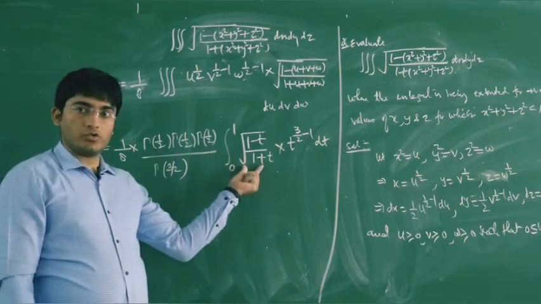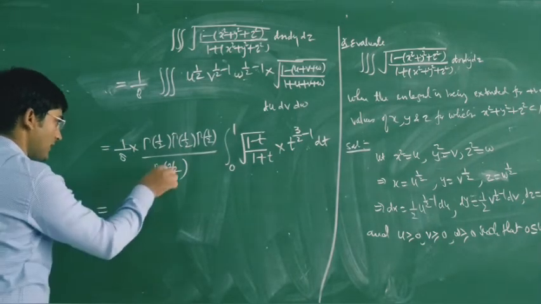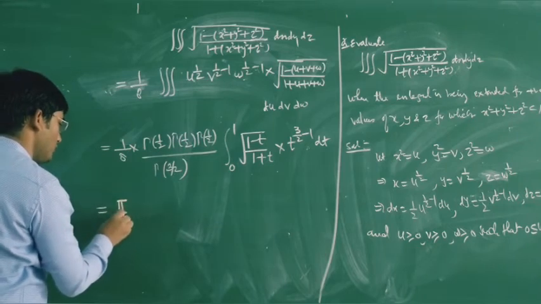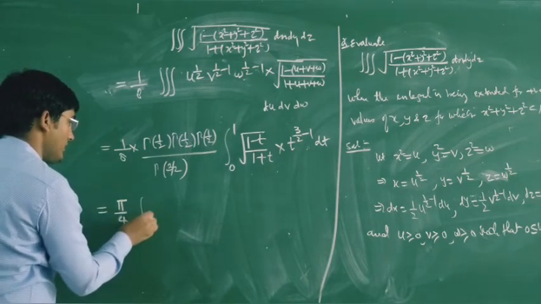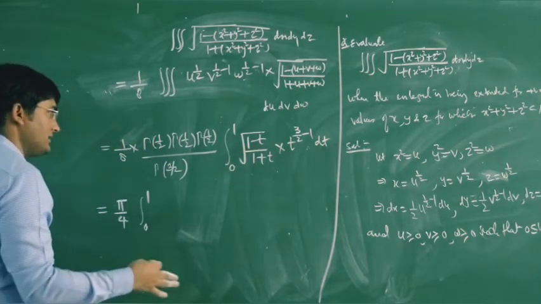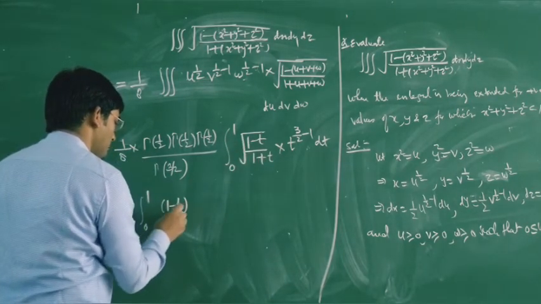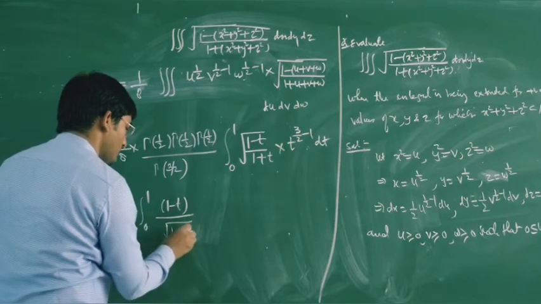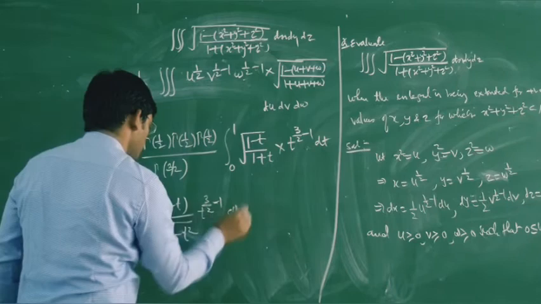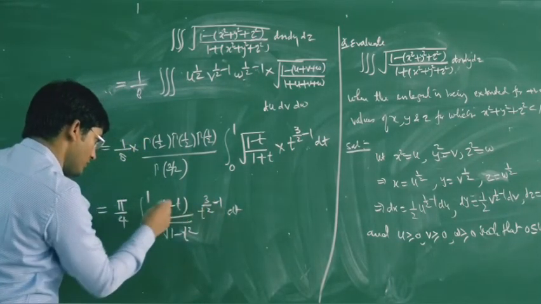Now we will try to solve this definite integral. So for that, now this is your half gamma half. So gamma half will get cancelled. So we have 5 upon 4. Now in the bracket we have 0 to 1. Let us multiply the numerator and denominator by 1 minus t. So in the numerator we will get 1 minus t, and in the denominator 1 minus t whole square. Then we will have t power 3 by 2 minus 1 into dt.